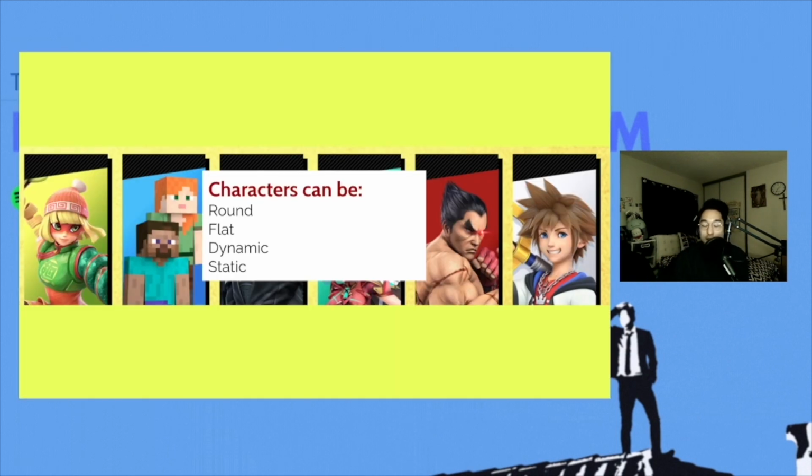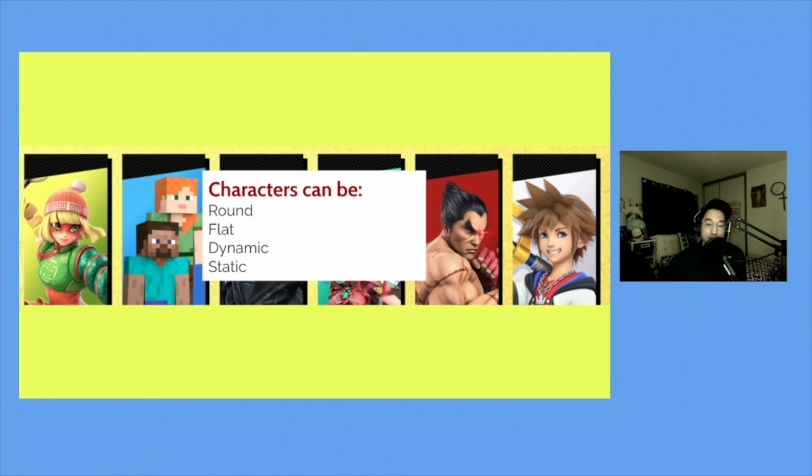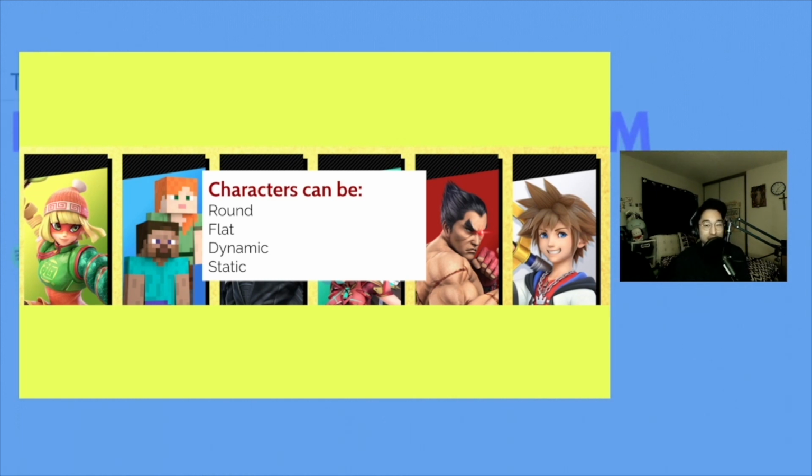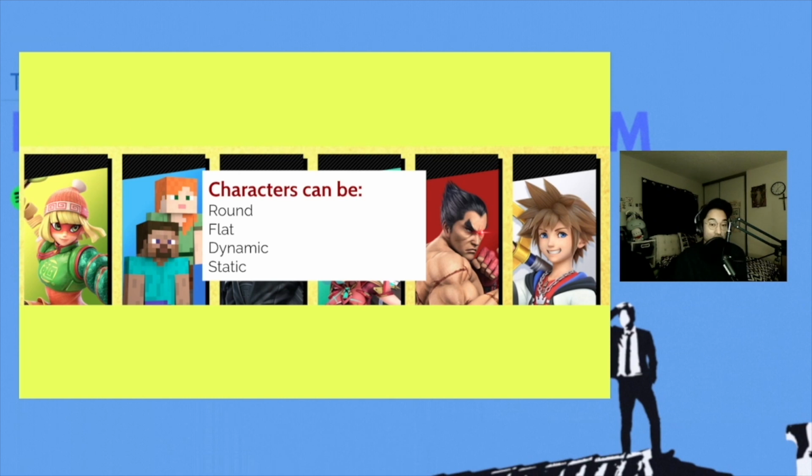Characters can be round, flat, dynamic, static, and so each character plays a certain role in a story. A round one would be one that's well thought out and intentional. They're designed to grab the reader's attention. This might often even be the protagonists themselves because of the things that they're experiencing in the story. Flat characters are more of your side characters or support characters, maybe two-dimensional, in a way that they might not change, kind of like static characters. Pretty similar, where there's nothing really going on with this character, they're kind of just there to help develop the